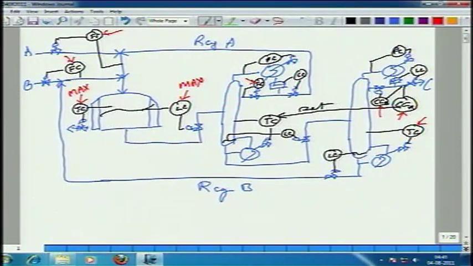Composition A and composition B set points should sum to whatever is my maximum allowed impurity. So, if 99.9%, then mole fraction of A plus mole fraction of B should be 0.1%, right. How do I decide A versus B? Should I have 0.01% A and 0.09% B, or should I have it the other way, 0.09% A, 0.01% B, or should I have it 0.05, 0.05, comparable A and B, mostly A, little bit B, mostly B, little bit A. Basically that is the question.